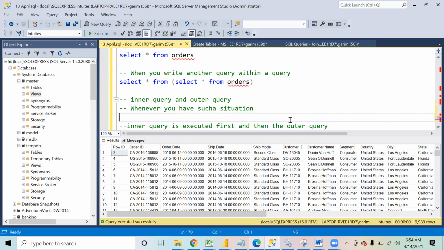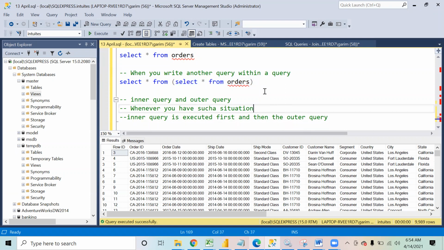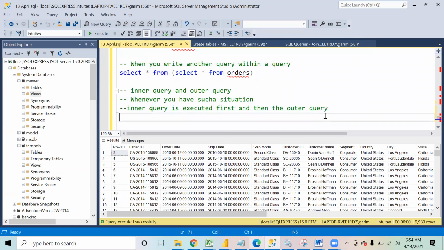Now, the query that I've given you is not making a lot of sense right now because it is the same query, select star from orders. This was just to show you how a subquery will look, in which we have an inner query and an outer query. Now let me tell you the reasons why subqueries are required.